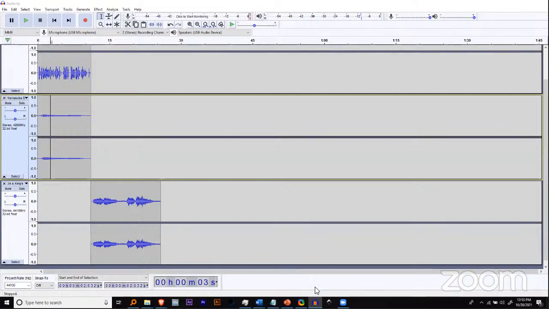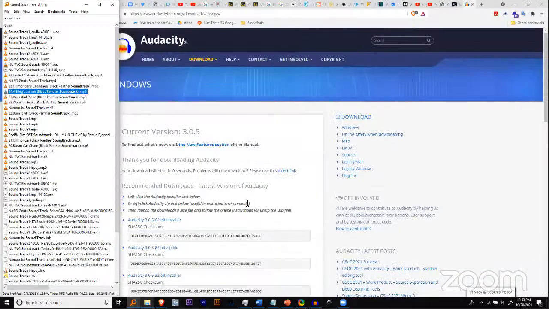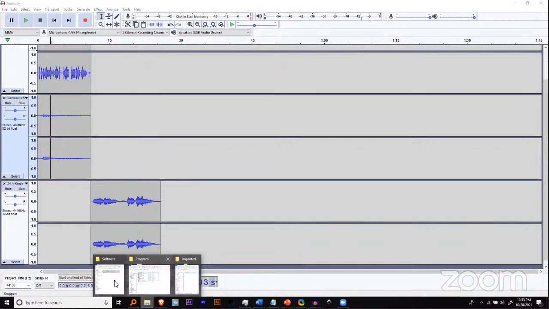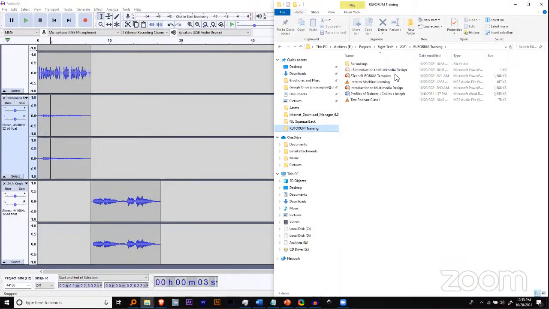So now after it's done rendering, you want to go and find that file. And to find that file, remember the point where we clicked save, you browsed to a particular folder. So I'm now going to look for the folder to which I browsed. In that case, I'll go here, which is in my referral training folder. I'll get there, and then I'm going to look out for what I gave it, which was Intro to Machine Learning. So if I play this file now,